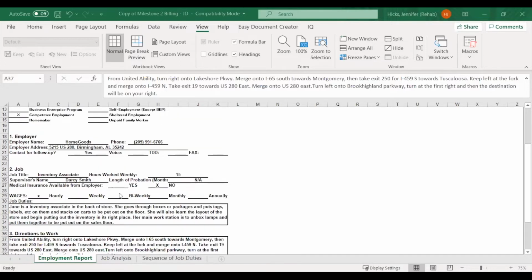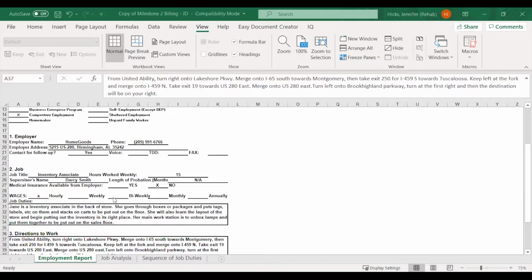Number 2 is job. That just gives the job title. She's an inventory associate. You need to give the hours worked weekly and her supervisor's name. If there's a probationary period, we need to put that on there. And does the company offer medical insurance for the employee?